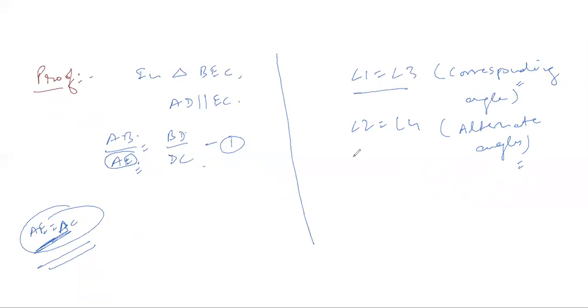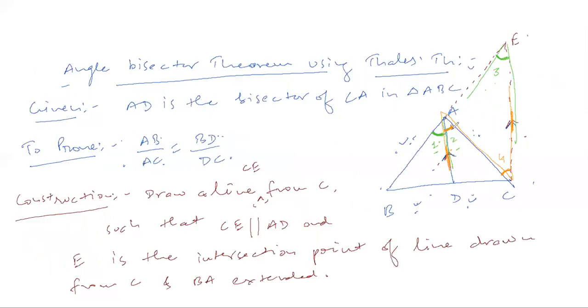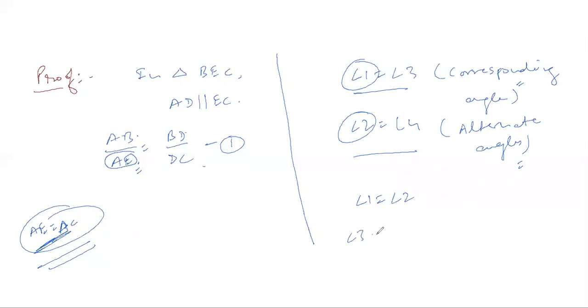So using these two, you can see that angle 1 and angle 2 are already equal. This is given to us that angle 1 and 2 are equal. Isn't it given? See, we are given that AD is the bisector. That means angle 1 will be equals to angle 2. So these two are equal. And using the same thing, we can prove that 3 and 4 will also be equal. So we have proved just now that similarly angle 3 will be equals to angle 4.